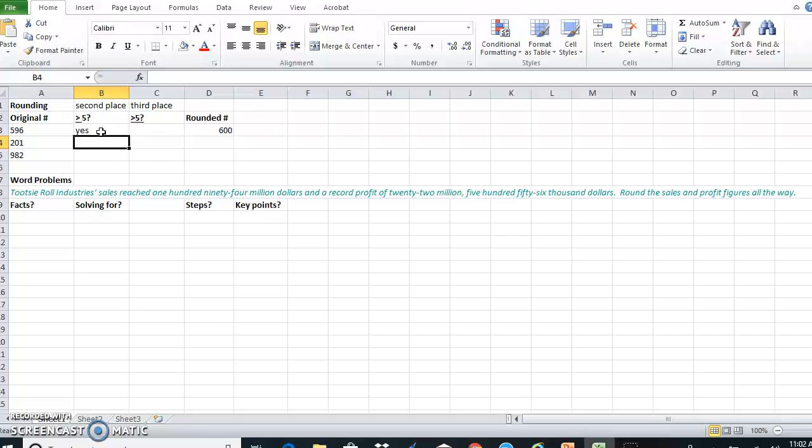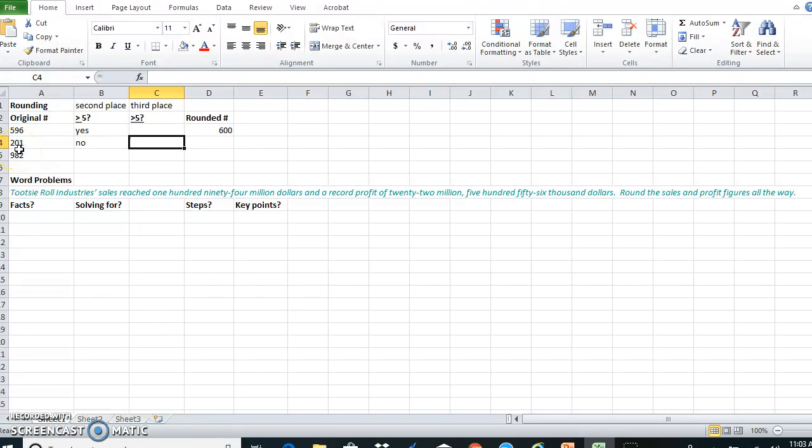So now we look at 201, and we're looking to see if we can change the 2 to a 3. So we look, is 0 greater than or equal to 5? No. But we're rounding all the way, so we still need to look to see if we can change the